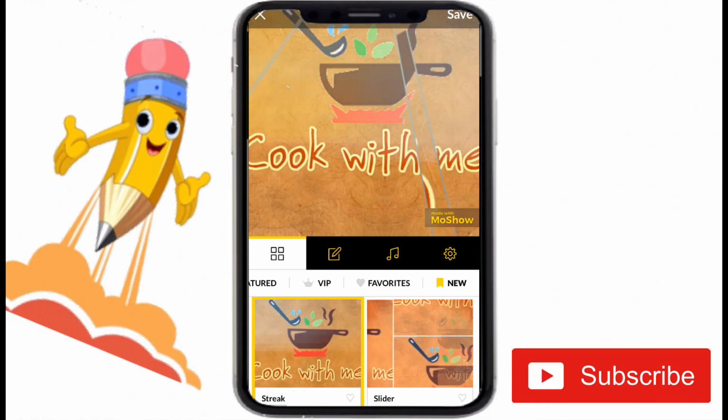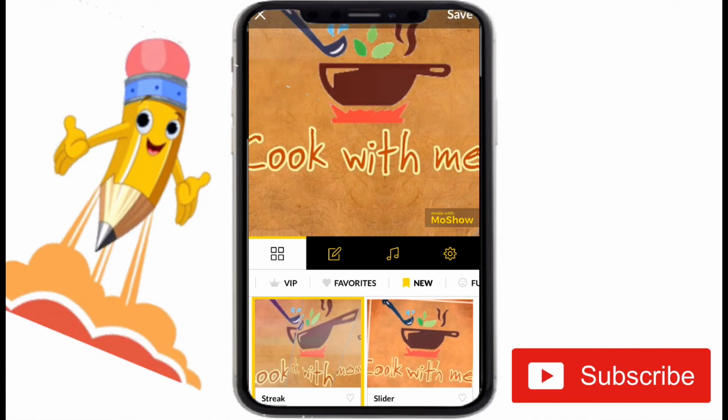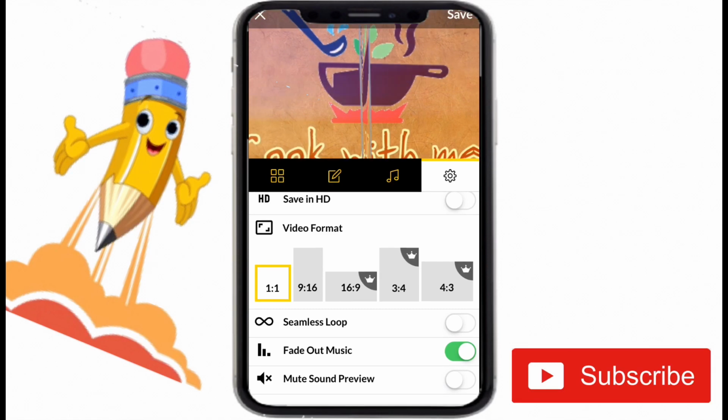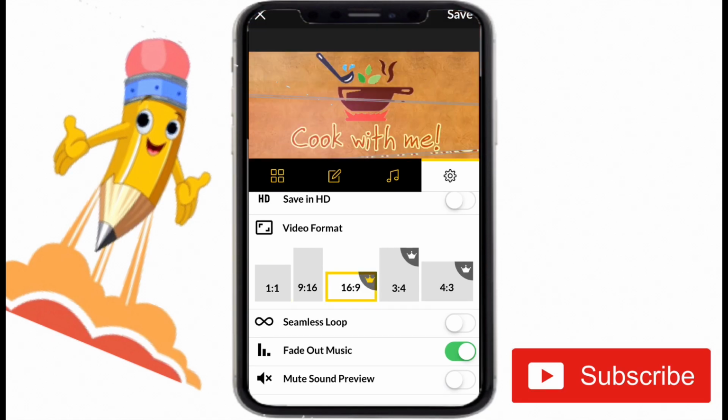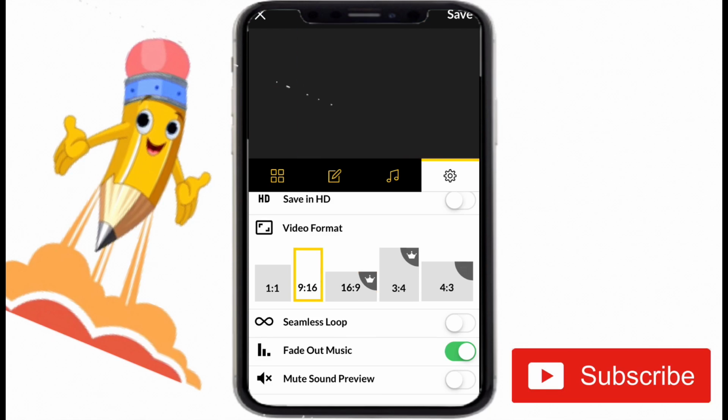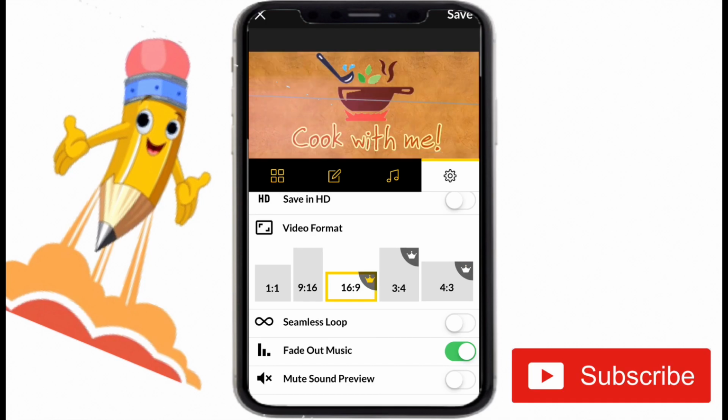So when I choose the image as it was, and if I go to the settings, it is not 16:9. I told you all that you need to remember to choose the 16:9 ratio for your videos. If it's not like that, it will not look good in your YouTube video.